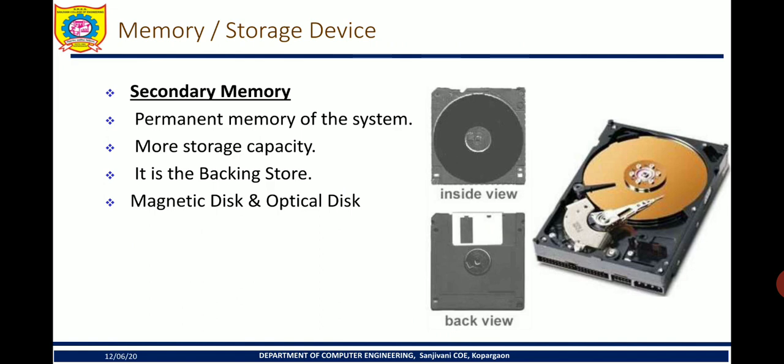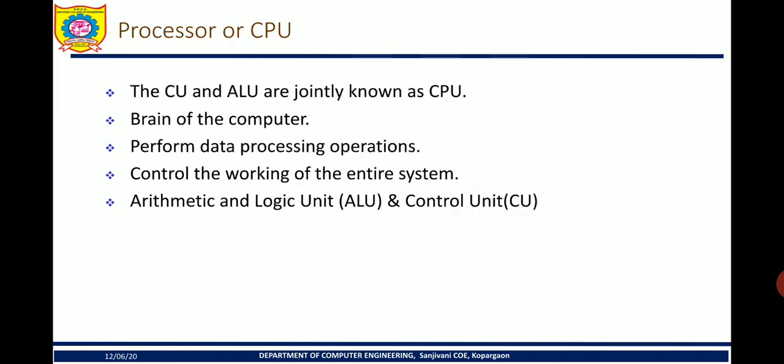And the types of materials that are used are either magnetic disk or optical disk. Optical disk means your CDs, which can be read or written by optics. Optics means lasers, or lights, things which can be read and written using light. Are you getting me? So lasers are lights, right?